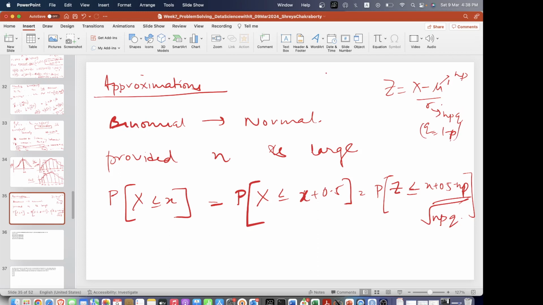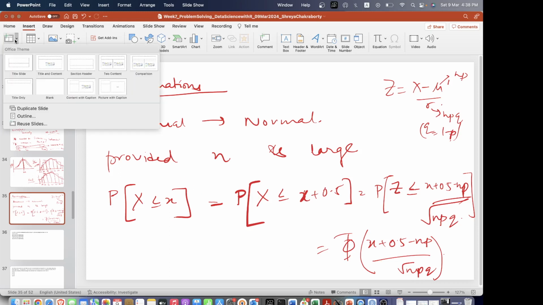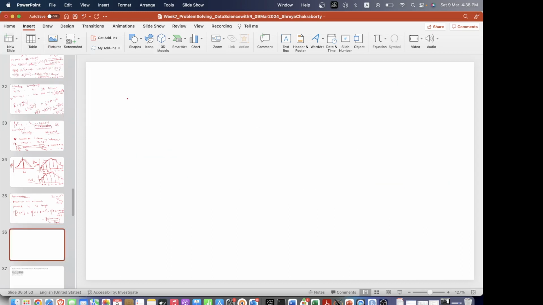Alright, so then we can write this as phi of (x plus 0.5 minus np) by root npq, and this value we can get from tables or we can get directly using the software. Another important thing when it comes to R is that whenever you are,